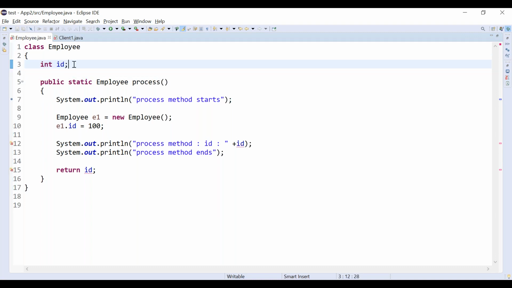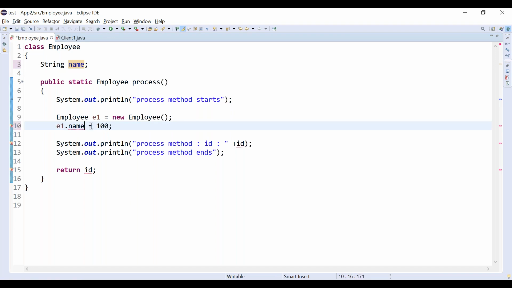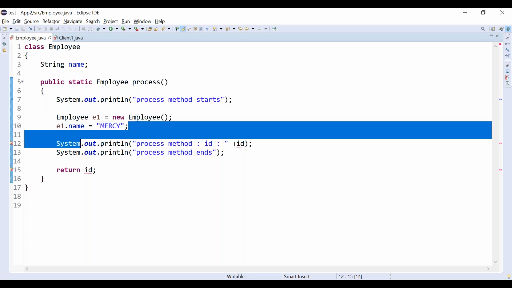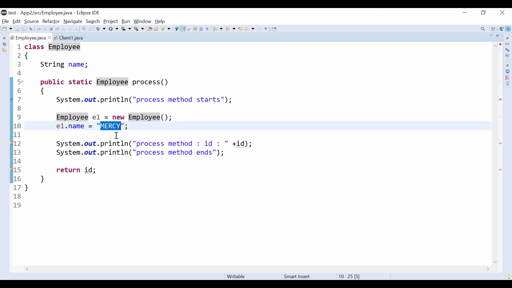Either the instance variable id or any other one, even name. For a change, let's go with name. I am giving the name as Mercy Technologies, because it is an employee. Now I am just printing something.